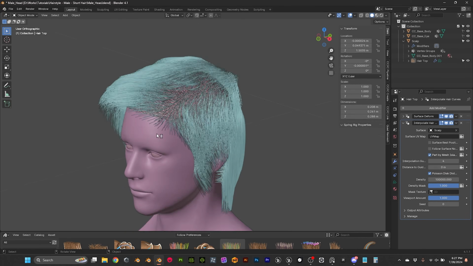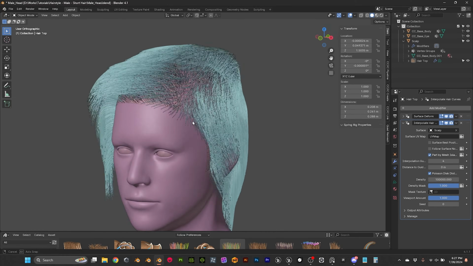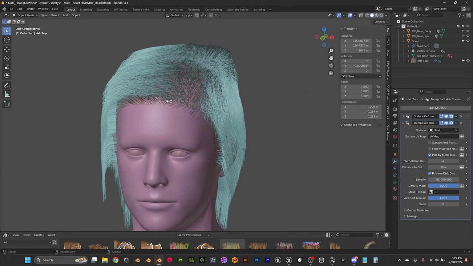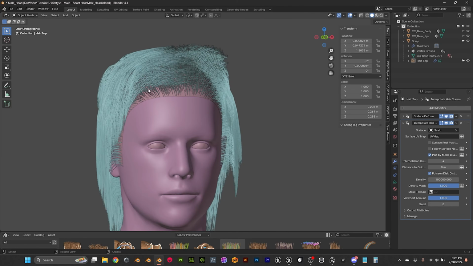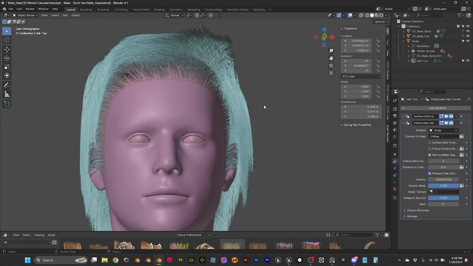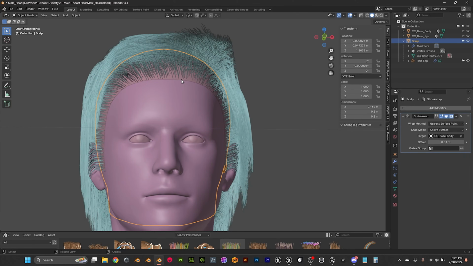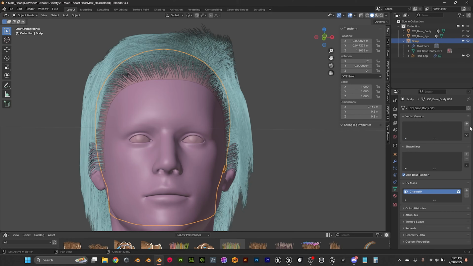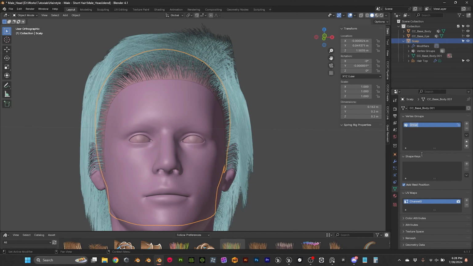So the first thing we want to address is that I want to mask the group. I don't want the hair to be everywhere. So what I'm gonna do is come here, select the scalp. I'm gonna create a vertex group. Actually, let me remove all of those. And then I'm gonna create a group that's gonna be called hair top,